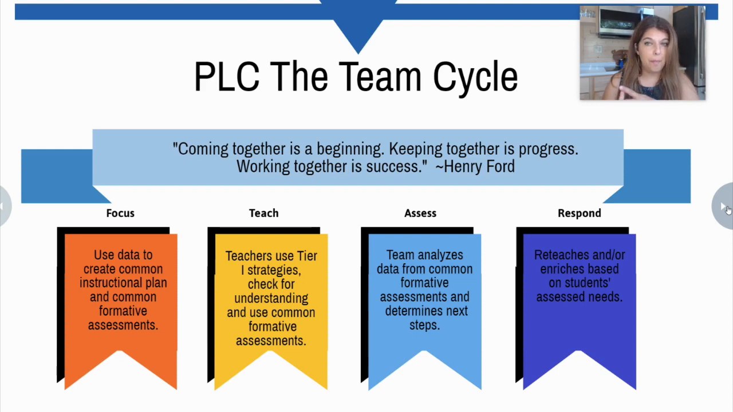Strategies, which not all teachers share the same strategy. Get those same strategies in their toolkit. And then check for understanding and use common formative assessments. Because there are times where you use different formative assessments just for your own instruction. But there are some times, and often, that you want to have formative assessments that you use for everybody, so everybody's on the same page as far as the grade level goes when you're looking at standards for your